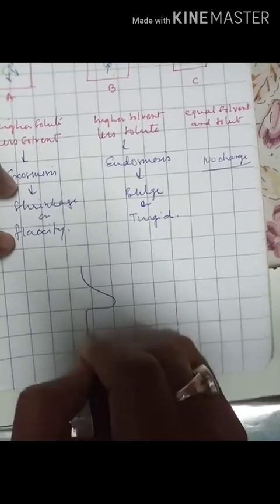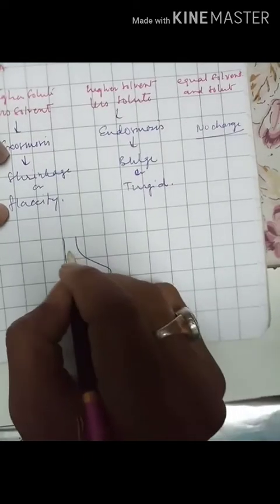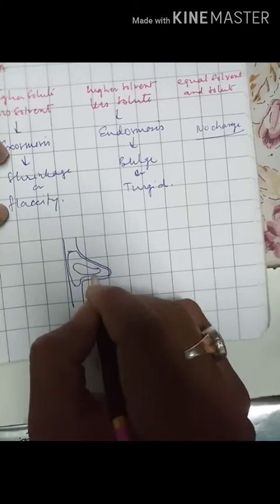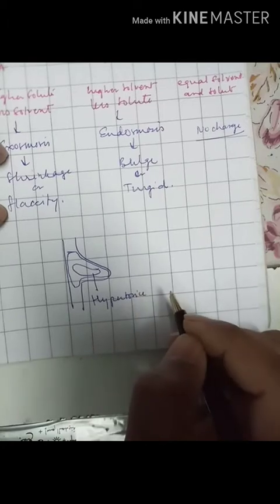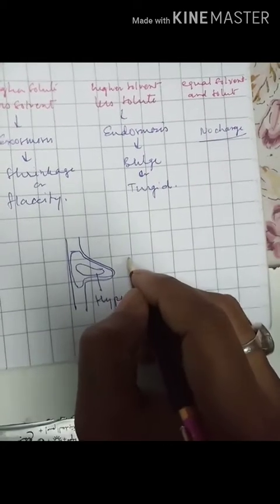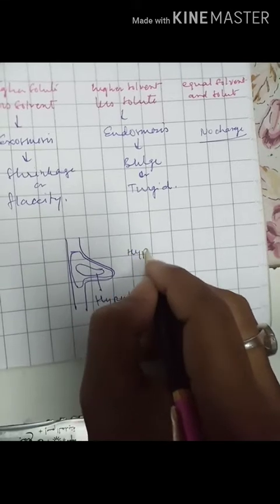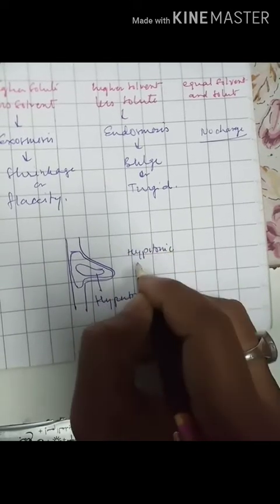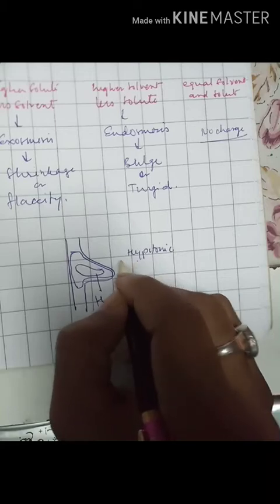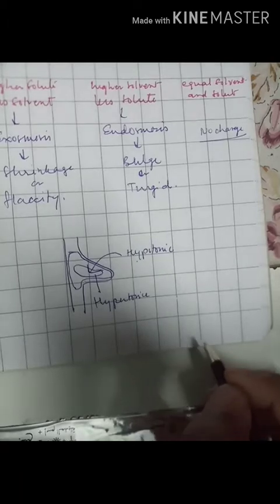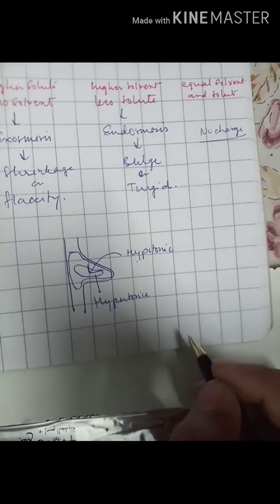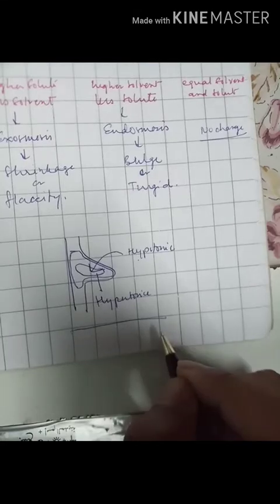See one more example. It is a root hair cell. The vacuole contains hypertonic solution, a higher solute concentration, but the water in the soil is hypotonic solution, means more water, so water from the higher region moves to the lower region. Thus endosmosis takes place and the root is able to absorb water from the soil. Getting all of you?